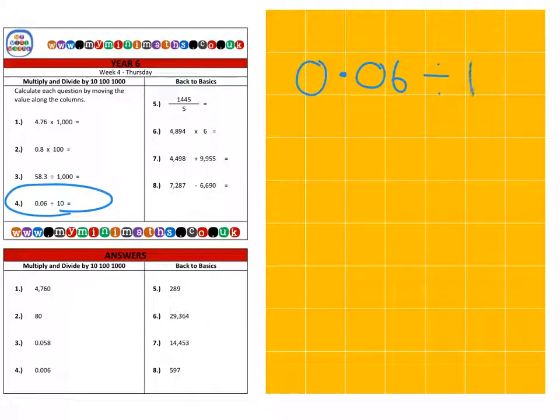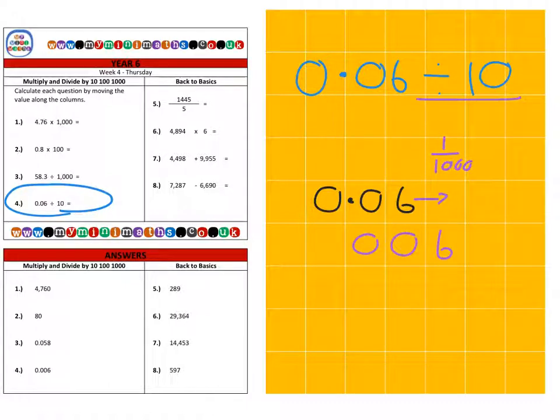And finally we're on to question 4, which is 0.06 dividing by just a single 10 this time. So if we write out our number 0.06 and we're going to divide it by 10, so that's just 1 space smaller, so the 6 will move into the thousandths column here, and then we can just fill in our gaps, making sure those decimal points line up for a final answer of